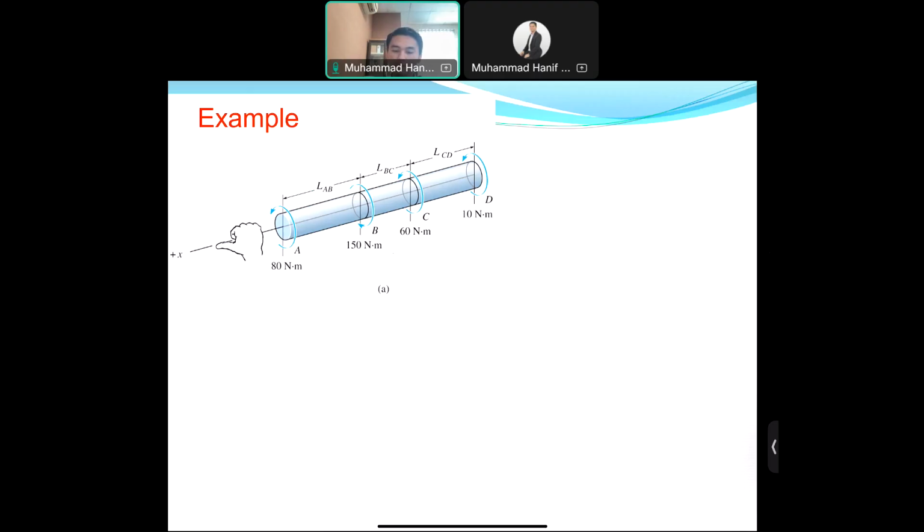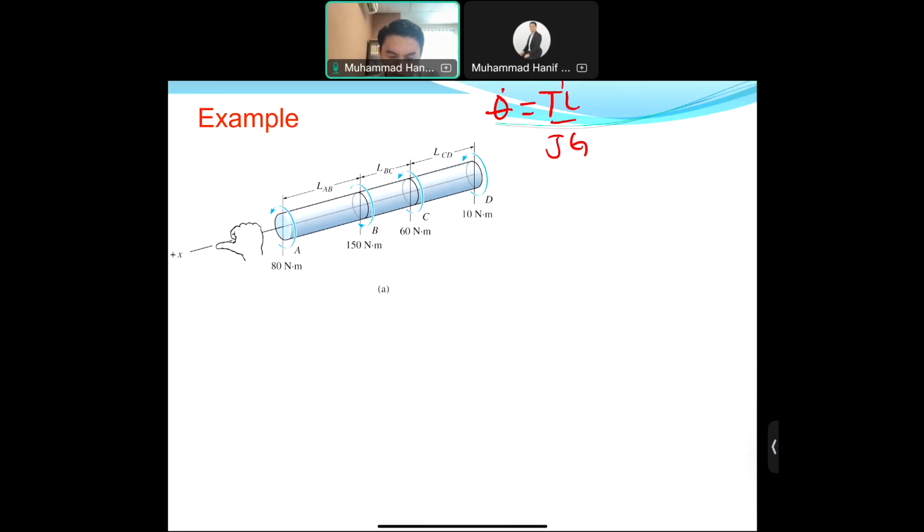So the angle of twist, again, theta equals TL over JG. The thing is whether T should be positive or negative. L is a scalar, J is a scalar, G is a scalar. T is a vector, having direction and also value. L, J and G only have value, no direction. So the direction is indicated by T only. So for this case, let's say